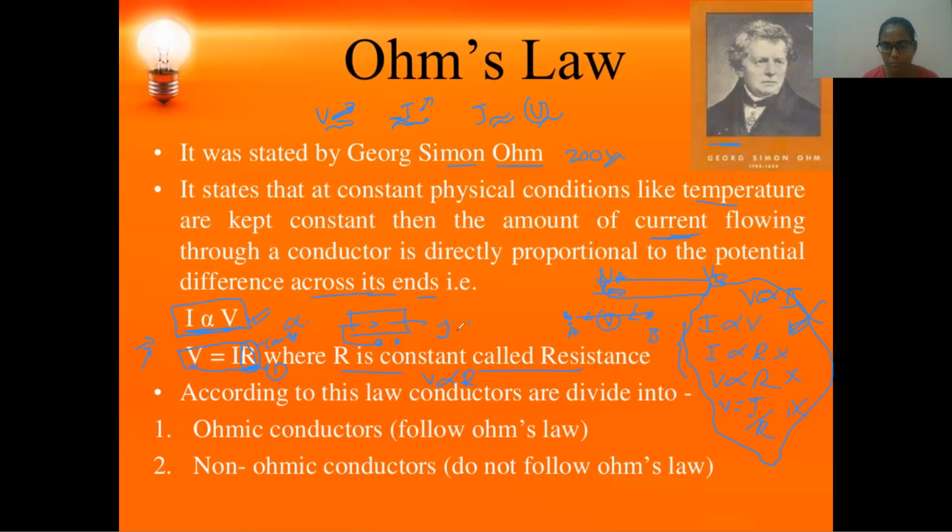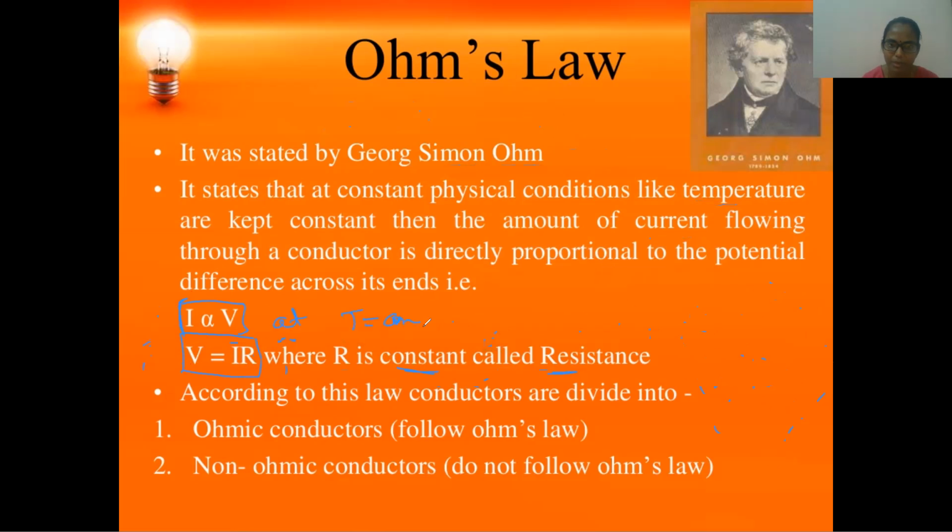We cannot write I is proportional to 1 by R either. These are the wrong ways. We can only write I is proportional to V and V equals IR, where R is a constant called resistance. This is the statement, and we write it at constant